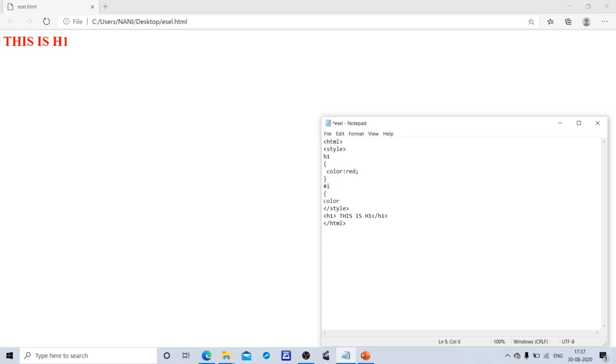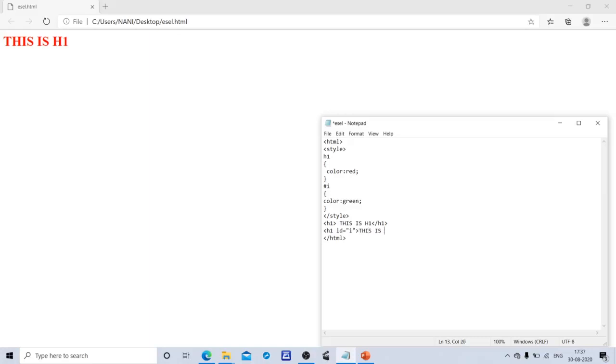Color, colon, green. So here I have to specify the ID name, for which element? h1, referring with the ID name i.